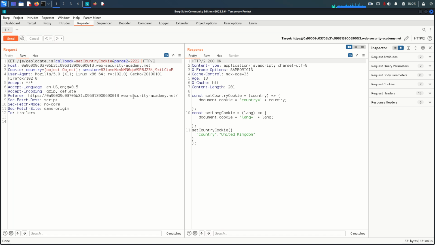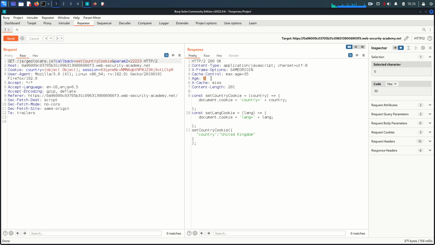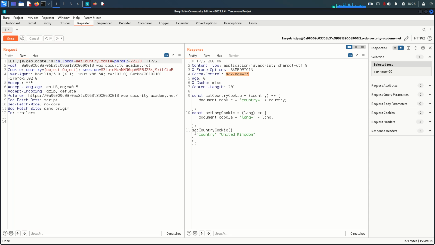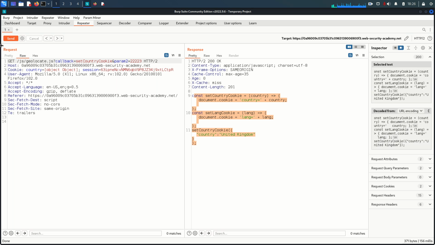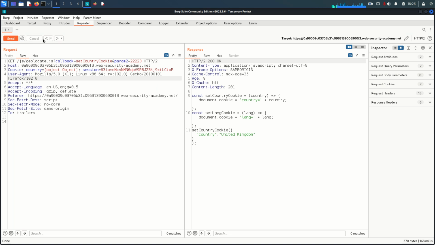If you change 3, the age is 0 because the response is not in the cache, but there is no difference in the response. So the response is coming because of that, right? But what happened, if you see the first request, when we change